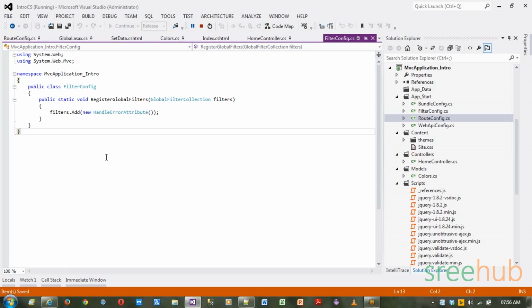Now, here you can see by default it will create an error filter. Now, there are so many filters in ASP.NET MVC as such. Now, here one filter which you can see is the handle error attribute, which means